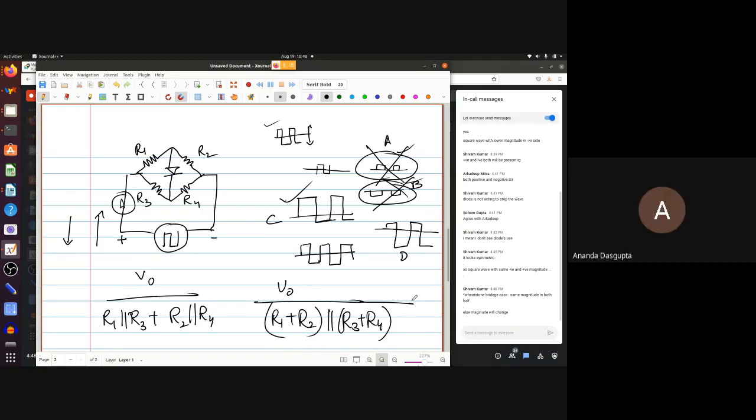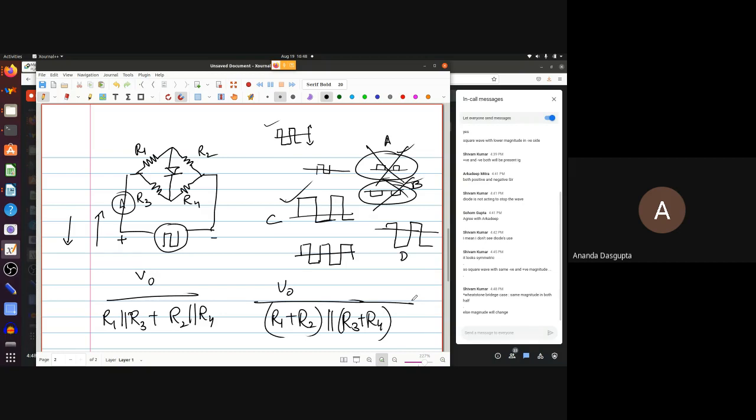Yeah, that is not the Wheatstone bridge case. That's a special case of the Wheatstone bridge. Okay. That's a balanced Wheatstone bridge case. For the balanced Wheatstone bridge case, as I said, it should not make any difference, because whether the diode is there or not makes no difference. Current does not flow through that anyway. So you should get the same value for both cases.